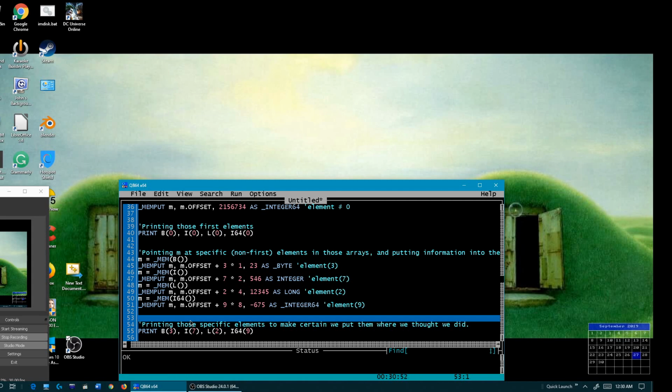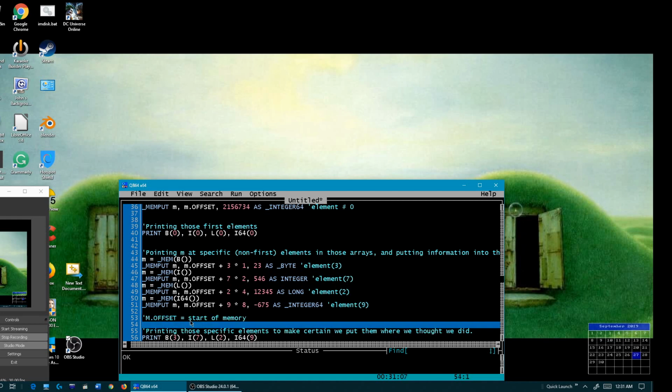And here we're going to talk about a nice little trick. Just like m.offset equals the start of our memory, and m.size equals the size of our mem block in memory,